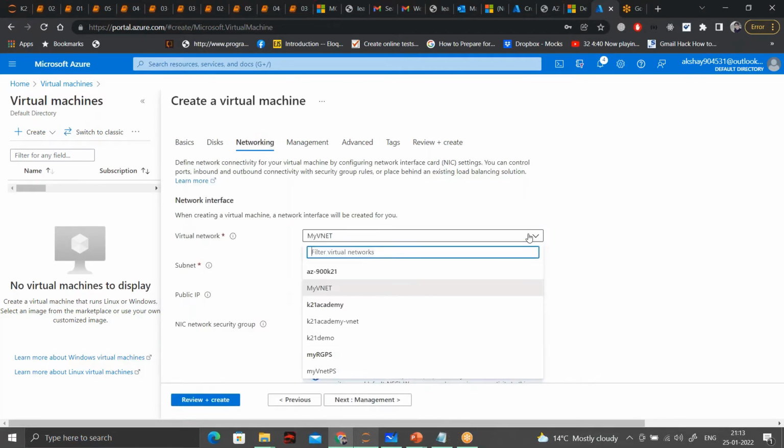In the virtual network tab, you can see there is a VNet already in this particular resource group.